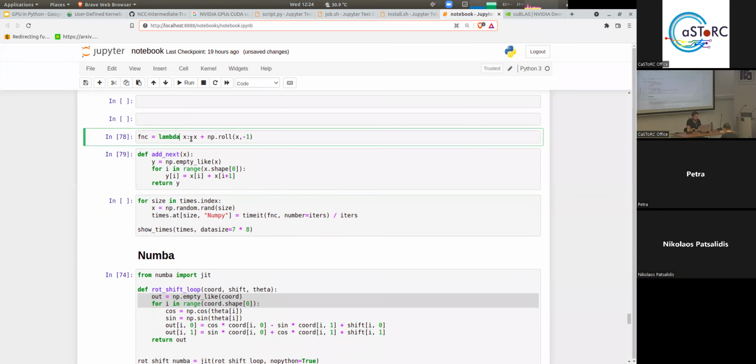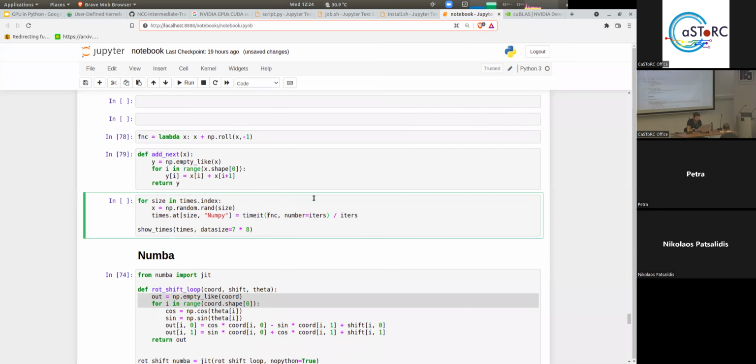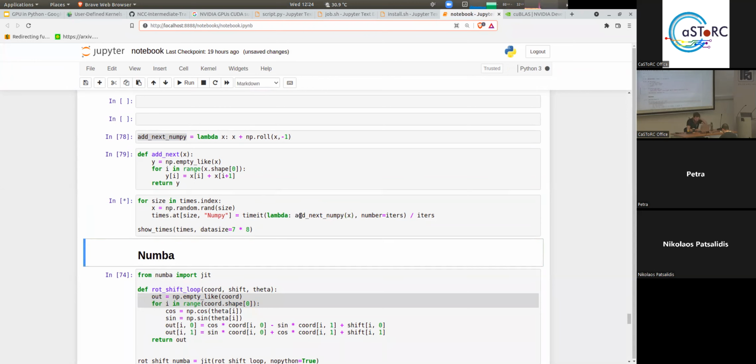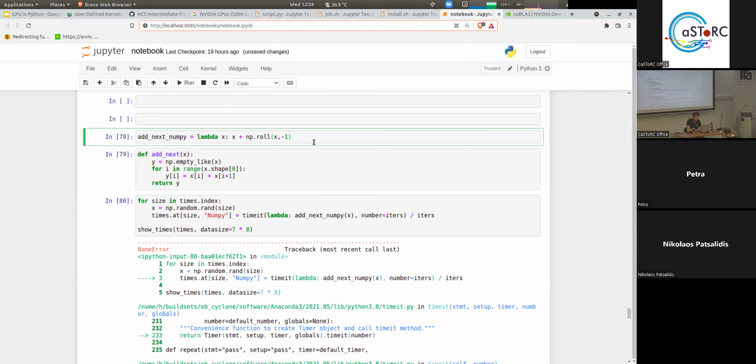But the timer doesn't want an argument, while the function is expecting one, so I pass an empty lambda that calls the function of x. Let's name it,